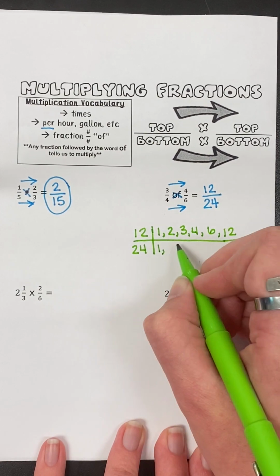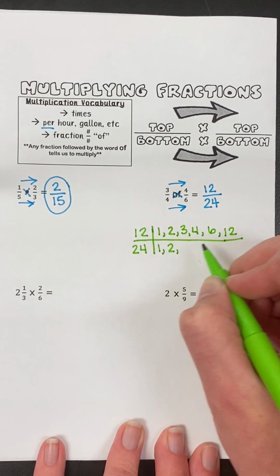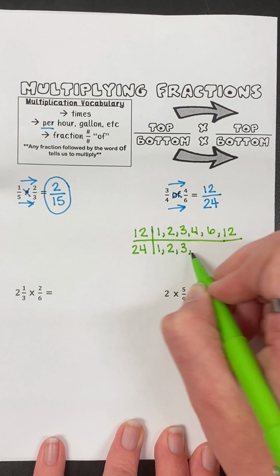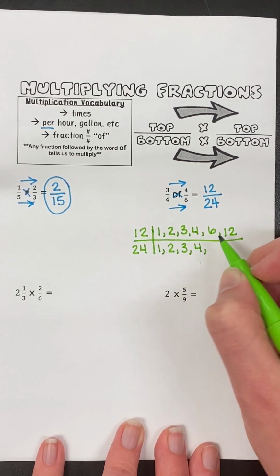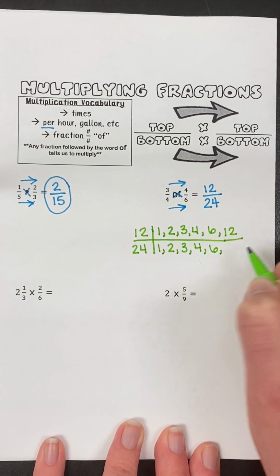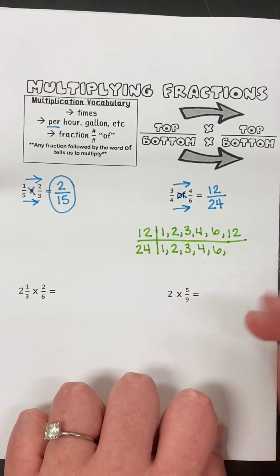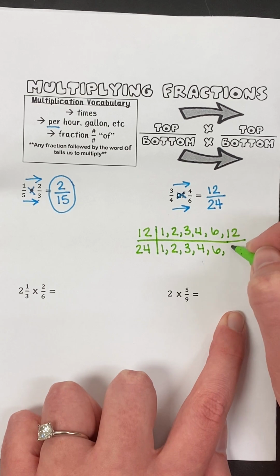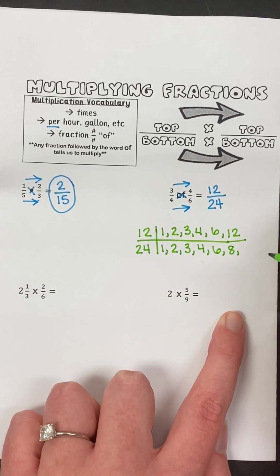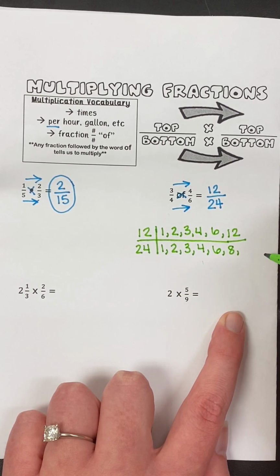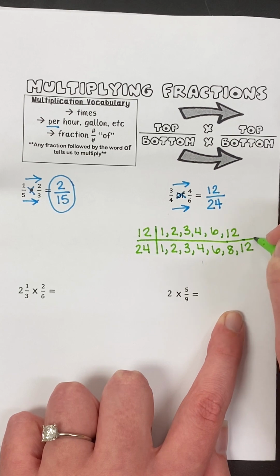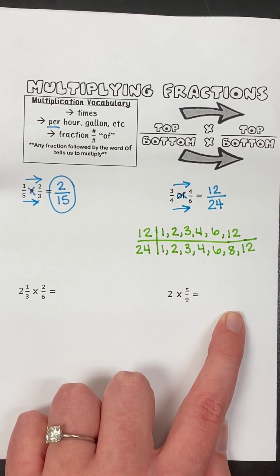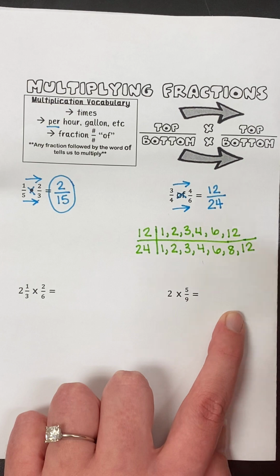1 goes into 24, 2 goes into 24, 3 does, 4, 5 does not, 6 does, 7 does not, 8 does, 9 does not, 10, no, 11, no, 12, yes. 12 times 2. Okay, so at this point, I'm going to go ahead and stop because I am looking for